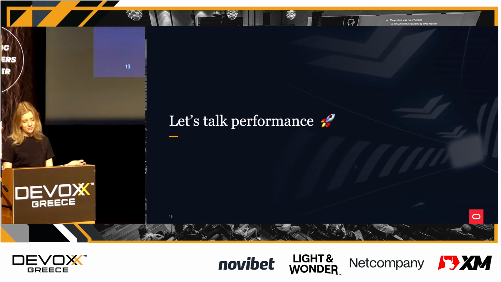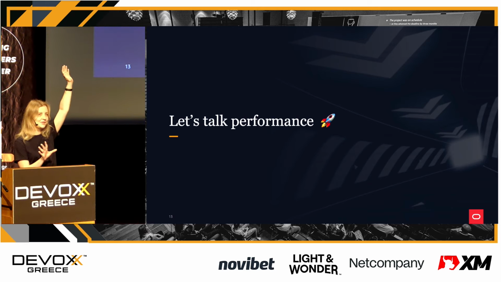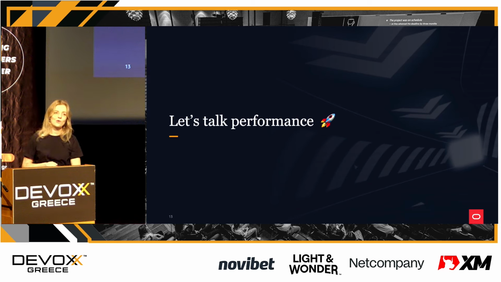Okay, and let's talk about performance, because I work on a compiler, so obviously I care about performance a lot. And for that, I want to ask you: if you're comparing JIT code, so code that a JIT compiler is compiling and executing, and ahead-of-time compiled code, which will be faster? Do you think AOT compiled code can be faster than JIT? Okay, there are a few optimists in the room, but not too many,